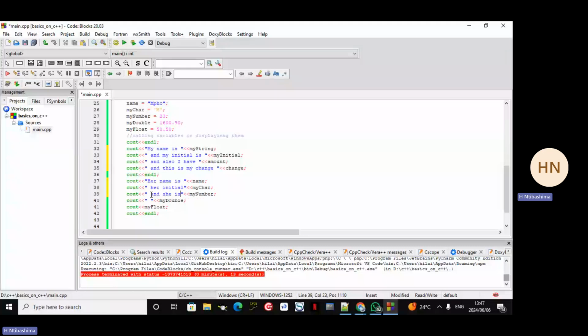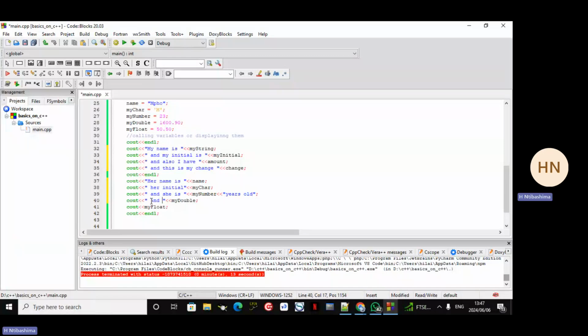She is her age. I think this number is her age, right? Yeah, she is 23. I can add another string here, 23 years old. She's 23 years old,